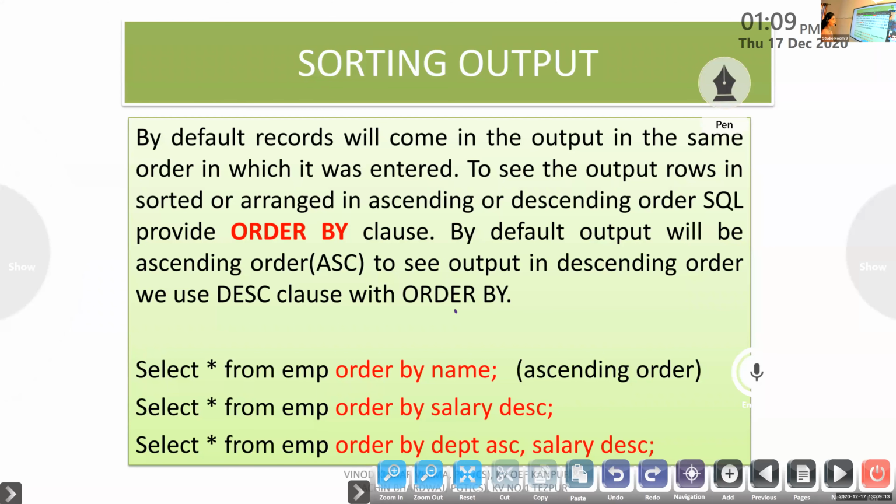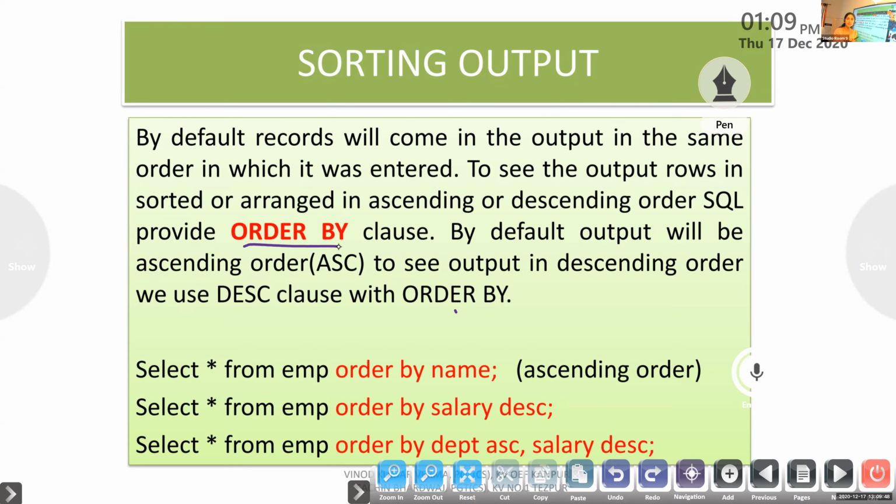Normally, when you write select star from EMP, the rows come exactly in the same order in which they are saved in the database. But if you want to sort the output based on certain conditions, then you can use ORDER BY. Clear? If you write name after order by, what's the meaning of that, Krishnendran? Order by name, sort by name.